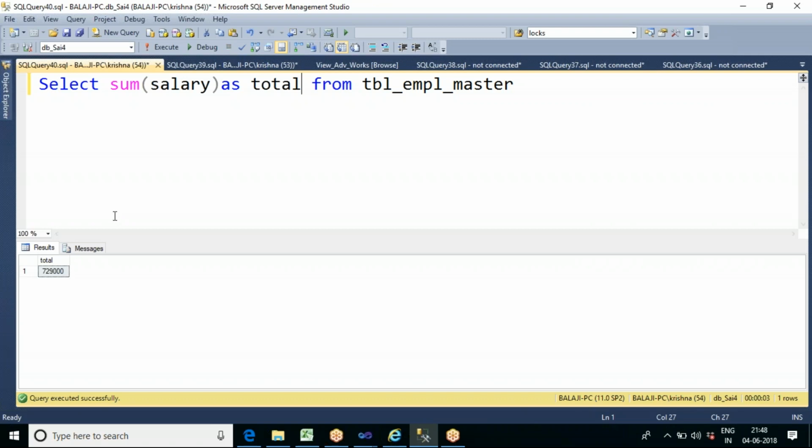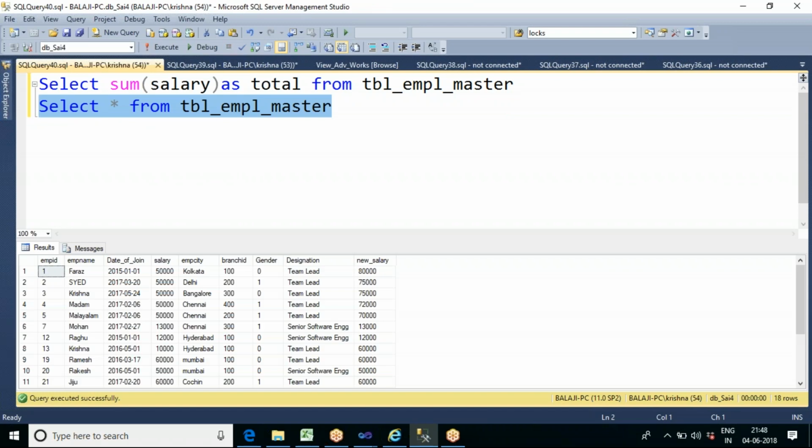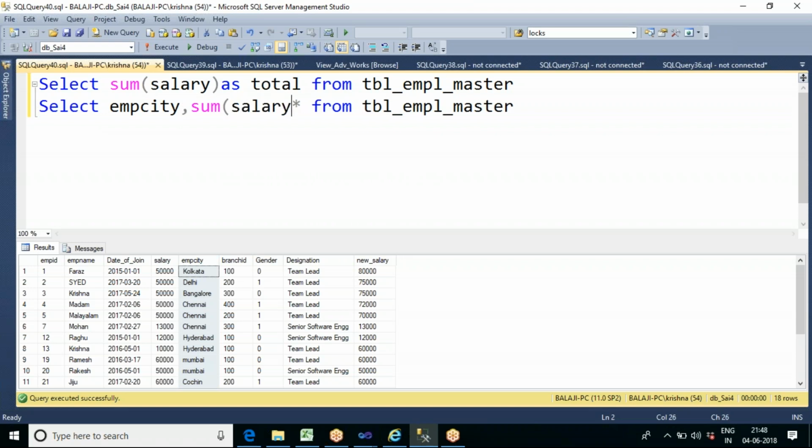In this table we have an employee city column, no? Apart from the salary column, we have one more column called EMP city. Now I want to see the city wise total salary, so we will write a query like EMP city, comma, sum of salary, and we will use GROUP BY EMP city.